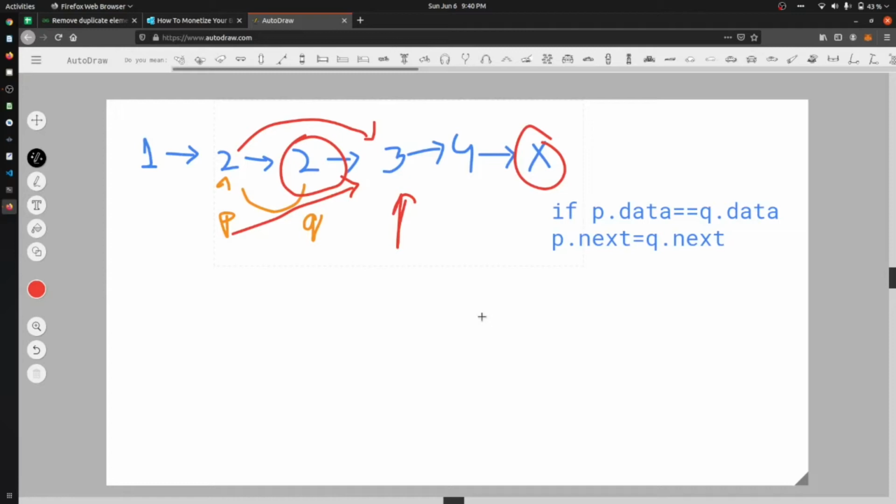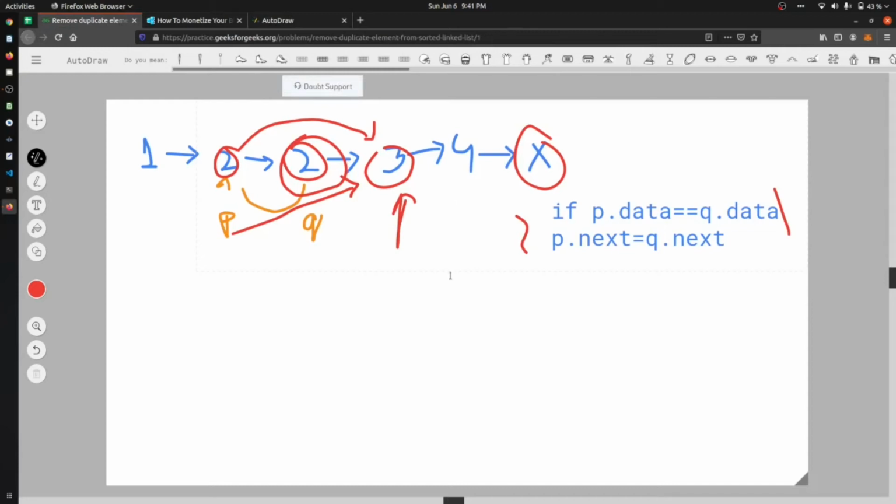We will push each and every element's data in our hash set and then check if we have seen any of the data in the hash set. Then we will just change the pointer. We are basically doing the same thing that we have done here in another way. So let's come to the coding part.